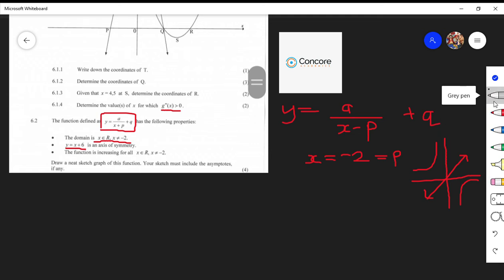Okay. So to continue, now that they gave us the axis of symmetry as x plus 6, we can actually calculate our Q value. So remember, this equation is the same as saying,